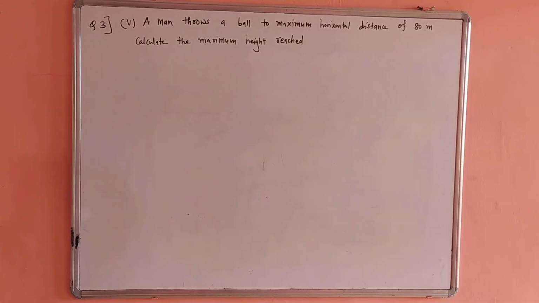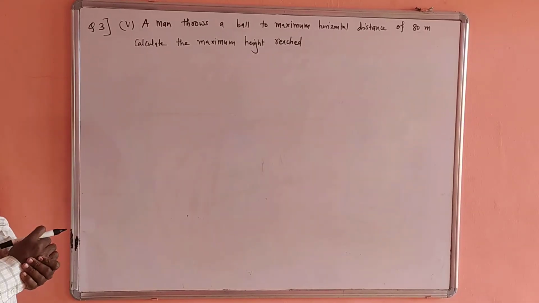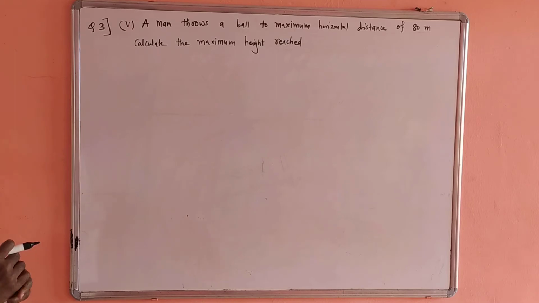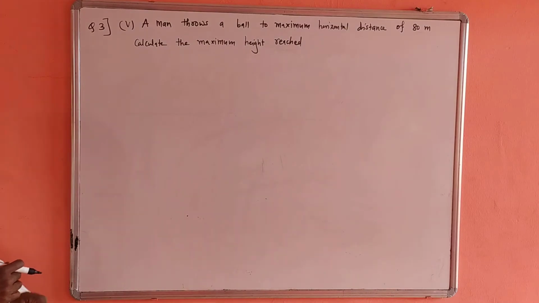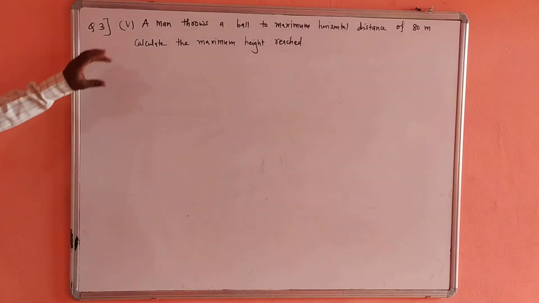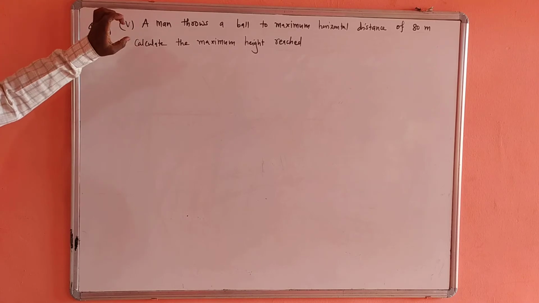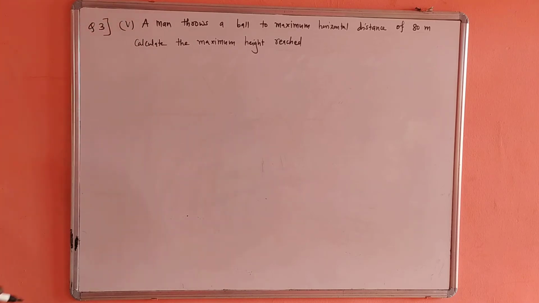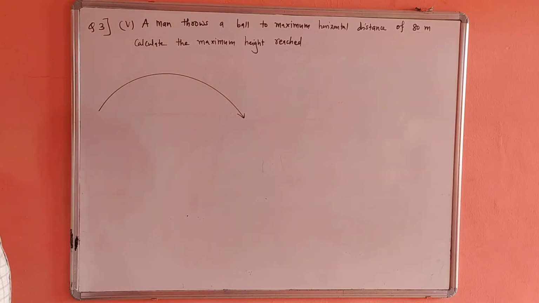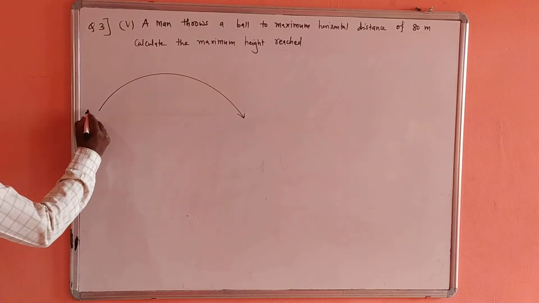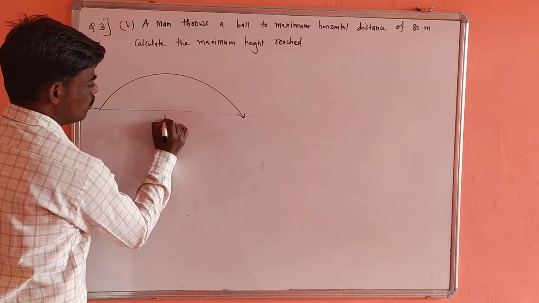This is next problem. Problem number 5. A man throws a ball to maximum horizontal distance of 80 meter. Calculate the maximum height reach. So this problem is basically from projectile motion. So whenever we get maximum horizontal distance, so horizontal distance is nothing but range,